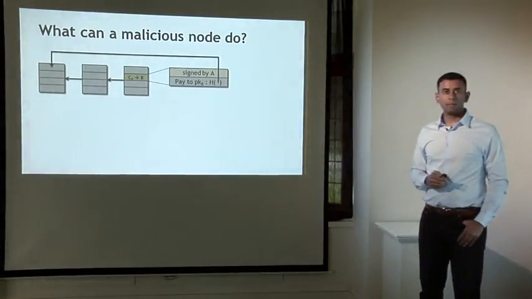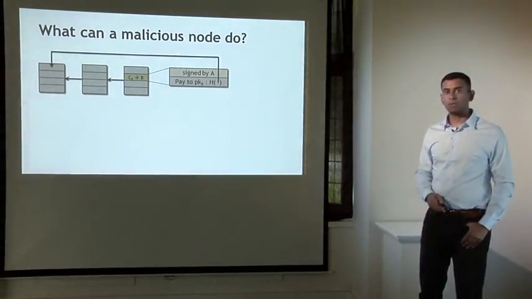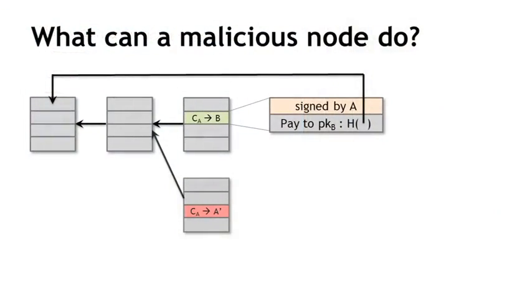Now what might happen is if Alice now gets to propose the next block, she could propose a block that looks like this, ignores altogether this valid block over here, and instead contains a pointer to the previous block. And furthermore, it's going to contain a transaction that contains a transfer of coins, of Alice's coins, to another address, A prime, that's also controlled by Alice. So this is a classic double spend pattern.